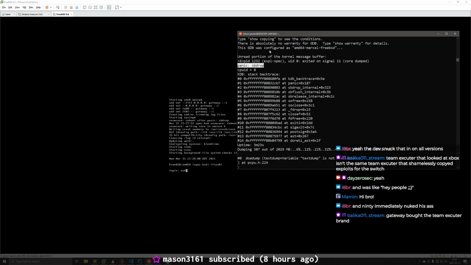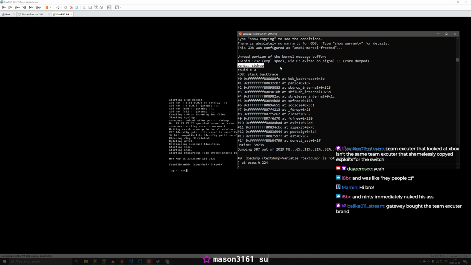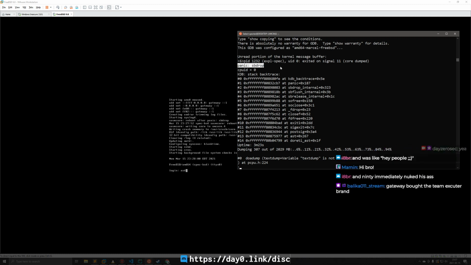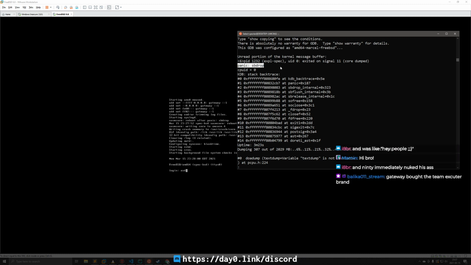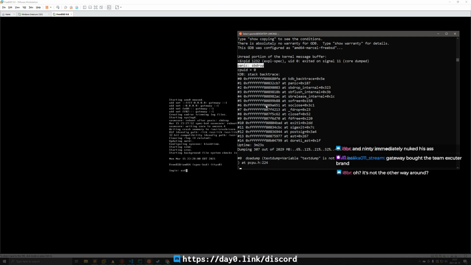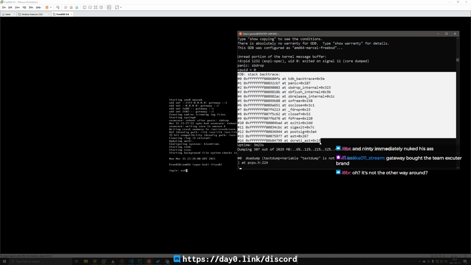Fun fact, this is actually some of the kernel instability on Slayers-Govey's exploit that people are running. I saw a few people saying they'd run the exploit, it seemed to work, and then they'd go into debug settings or something, or they'd go to run Mira, and they'd get the SB drop panic. This is that panic. Now on PS4, you don't get the KDB stack trace, but this is what the stack trace looks like. So this might actually be helpful for anybody who wants to try to fix up that instability, that post-exploitation instability on the current jailbreak. This stack trace might actually be helpful for fixing that up.